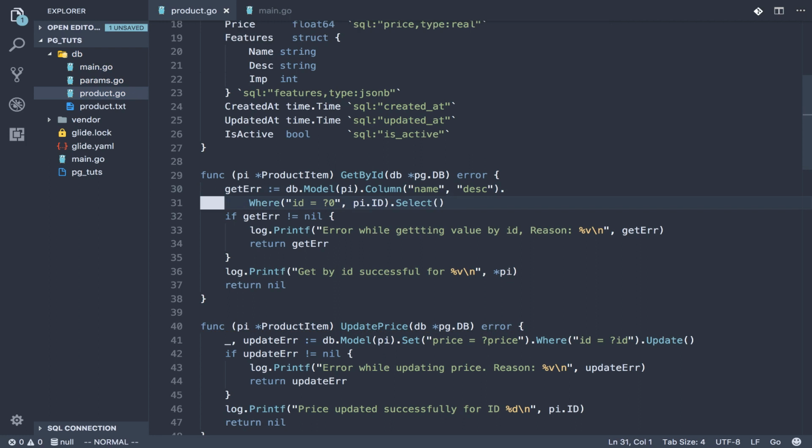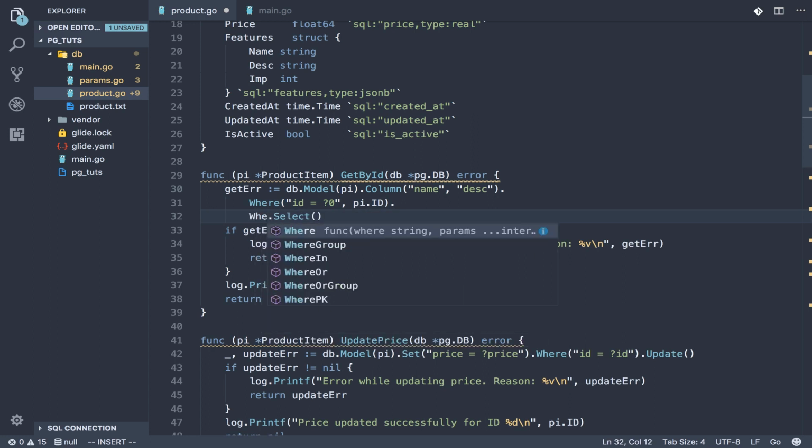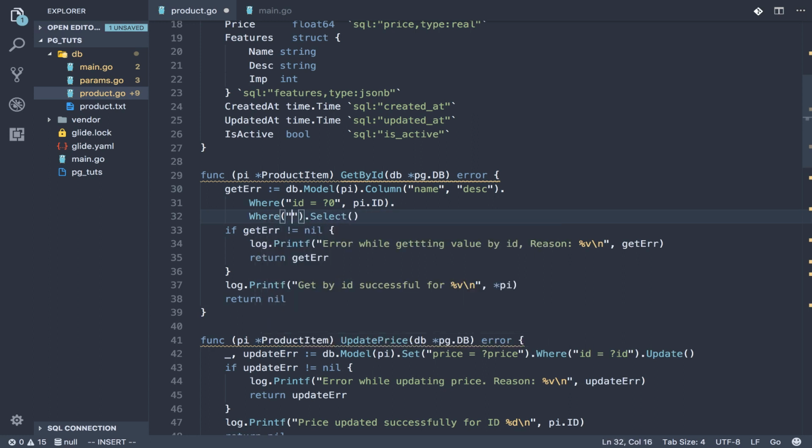Whenever you can write multiple where conditions, so this will work as a where condition and, so this is like the AND in SQL. Okay, where ID is equal to 0 and name is